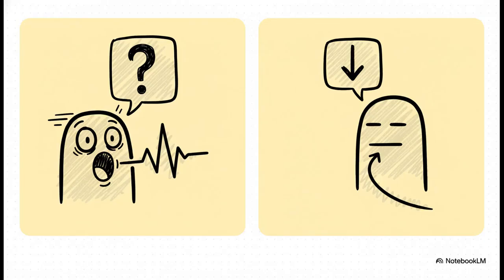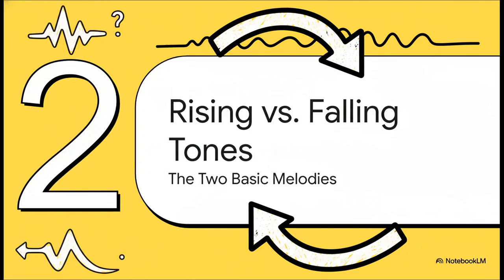So, as a rule of thumb, a higher pitch usually signals things like excitement or surprise, like, "No way, you got the tickets?" See how my voice went up? But a lower pitch, that signals that you're done with a thought, maybe in a statement or a command, like, "Put the box over there." Hear that drop? That's pitch doing its thing. So now that we get pitch, let's see how it creates the two most basic melodies that you're probably using in every single conversation you have.